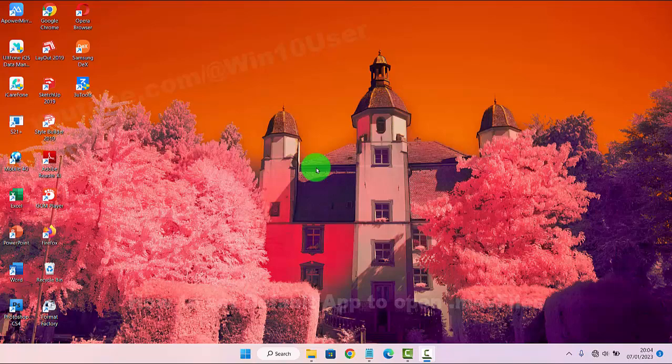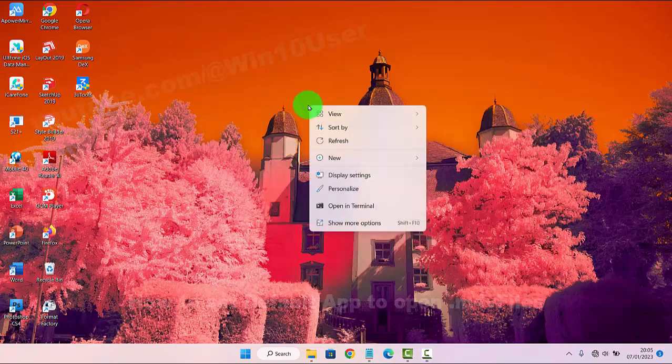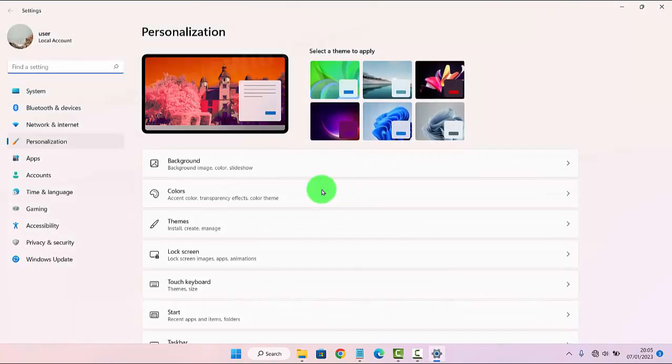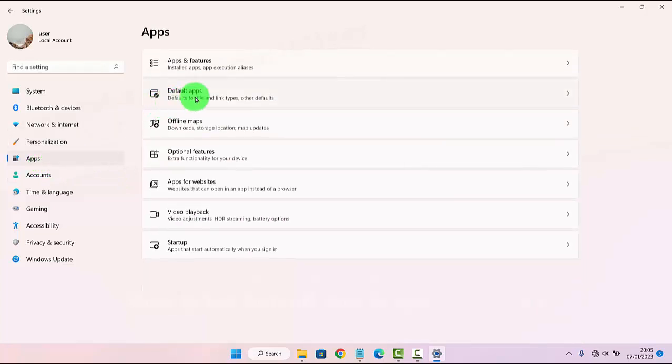To set the default app to open .m4v files in Windows 11 Home, right-click on an empty area on the desktop, and then select Personalize. Next, click or tap Apps. Select the default apps,